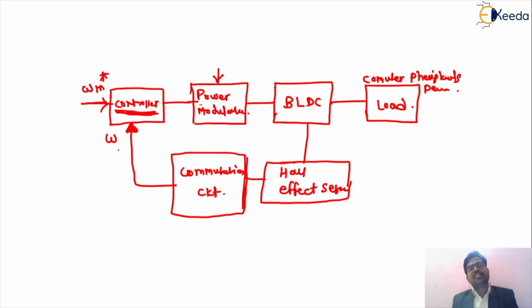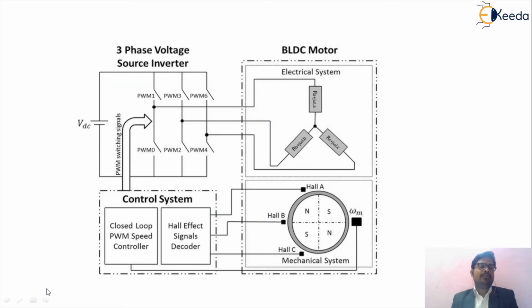How can we understand this whole fundamental thing by means of a circuit diagram? So friends, as we have seen, this is a three-phase inverter circuit used as a power modulator for your devices. We are giving the DC supply. As you know, the inverter is the device that converts the DC supply into AC supply. So in concern with the BLDC motor, we want to energize the phases A, B, C.